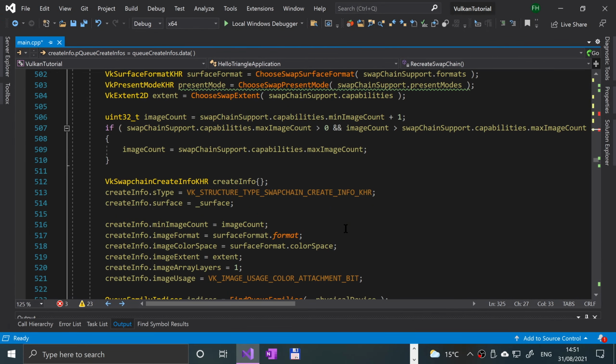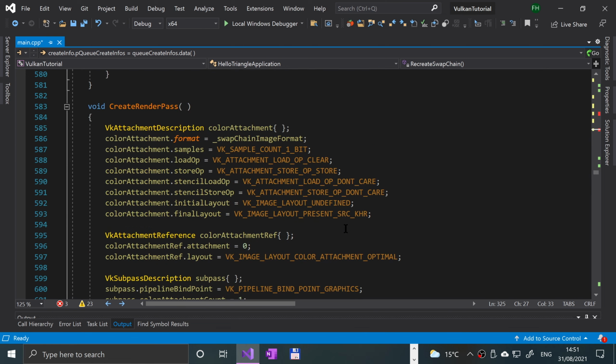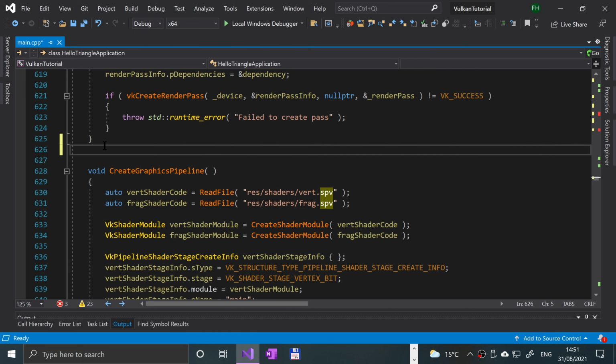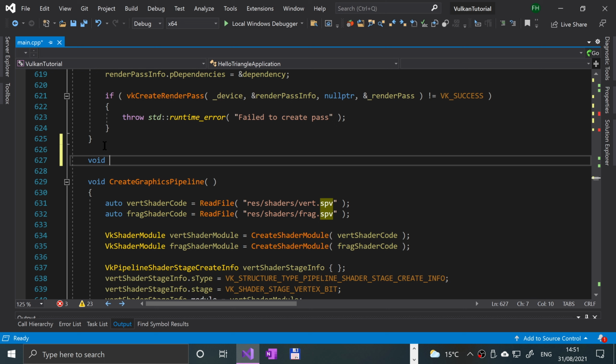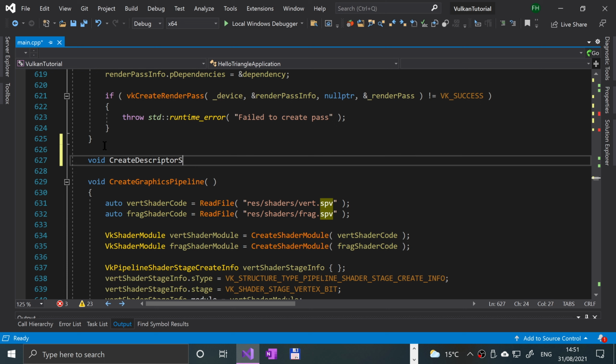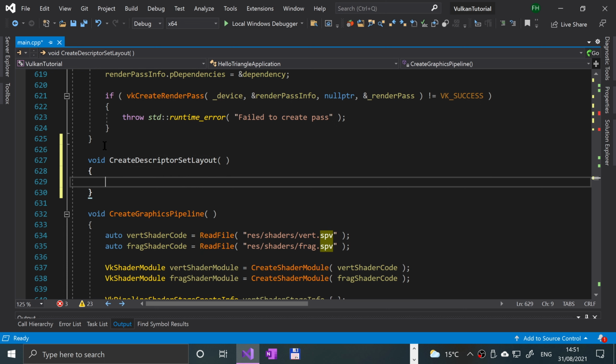So create render pass method, and after that, but before the create graphics pipeline, we're going to create the descriptor set layout. So we're going to say void create descriptor set layout, and first of all, every binding needs to be described through a VkDescriptorSetLayoutBinding struct, which is